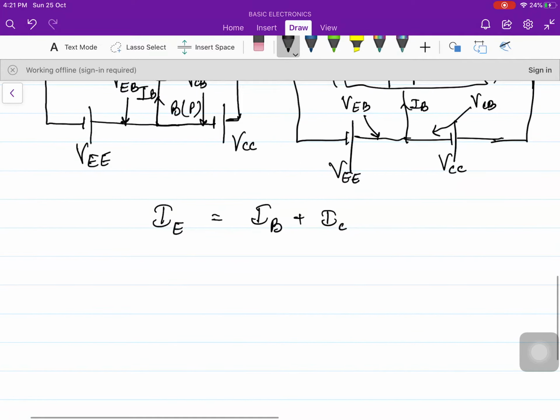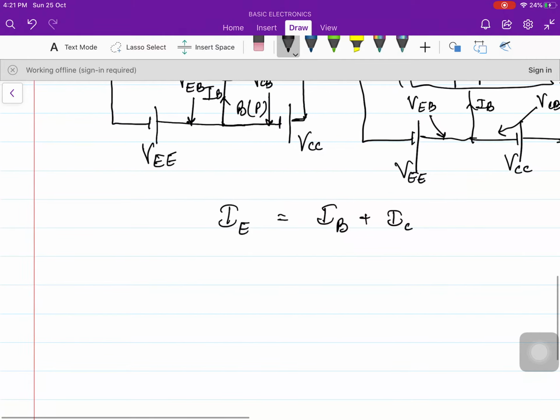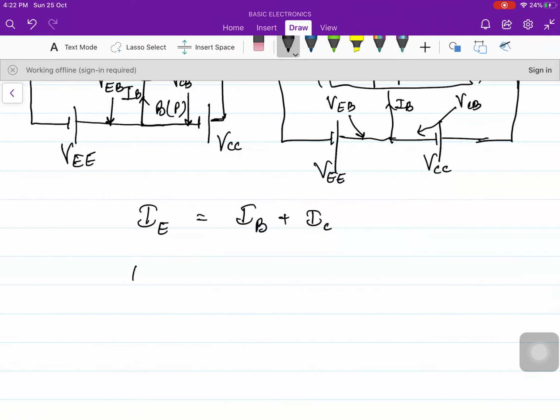So this was the transistor current equation that we made. Now the collector current was majorly due to the 98% electrons that were coming from the emitter to the collector. So that was the majority current. And minority, because the collector base junction was also reverse biased. So this is the leakage current, you can say. Reverse saturation current is nothing but the leakage current.